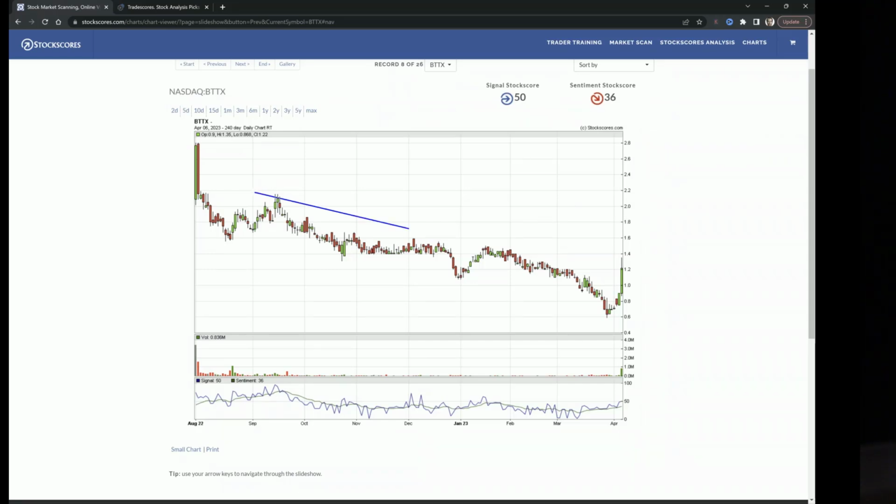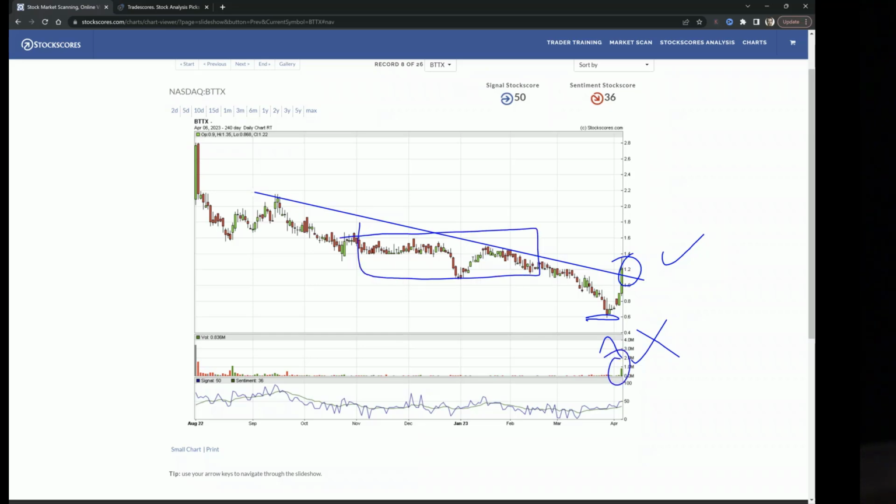This stock is in a downward trend. It's broken the downward trend line. That's a good thing. However, there's no rising bottom. It's only a single bottom. That's a bad thing. Volume was good, but not great. It's got a lot of people that own this stock at this price. Now imagine you bought the stock back in December. You paid $1.40. You've watched it go down to 60 cents. Today, it's at $1.20. What are most people thinking? I'm going to try to get out of this dog when it gets back to what I paid for it,